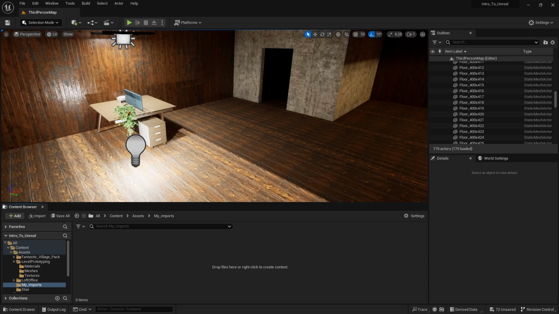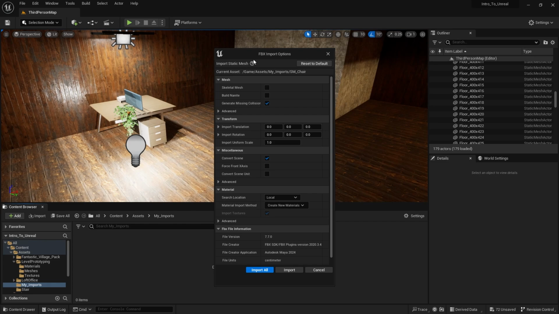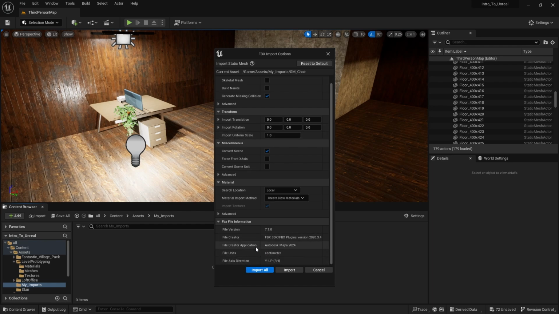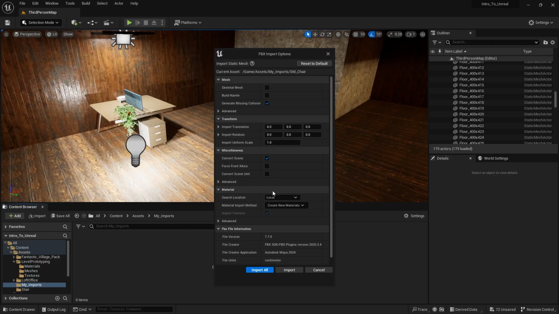So pop open your project folder in your File Explorer, go down to your SM_chair FBX, and simply drag it in to Unreal. And you'll get this FBX import options. Now if you look through here, we've got a couple of settings. We've got our import translation and rotation in case you need to make manual adjustments. It'll also tell you down at the bottom that this is coming from Maya. That means that it'll fix the little mess up where we have the Z in the upper axis in Unreal, but Y in the upper axis in Maya. It'll adjust for that. So we can simply click Import All,